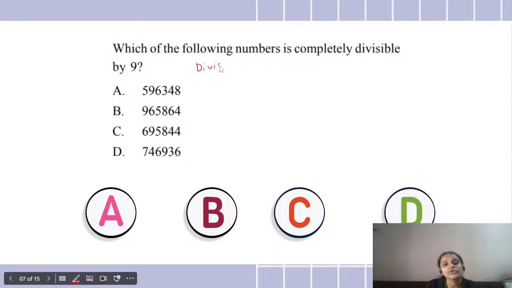Divisibility rule of 9 को यूज करके हम इसका आंसर ढूंढ सकते हैं. So I hope everybody knows the divisibility rule. सबको मालूम है 9 का डिविजिबिलिटी रूल क्या है, उसका इस्तेमाल करो और उससे फाइंड आउट करो कौन सा नंबर 9 से एग्जैक्टली डिविजिबल है।